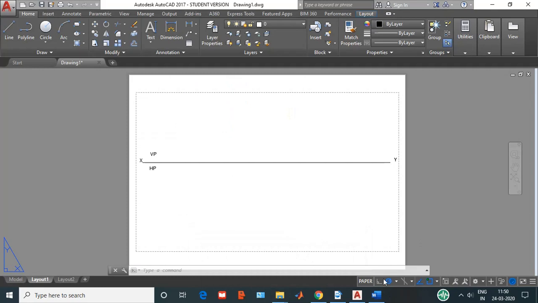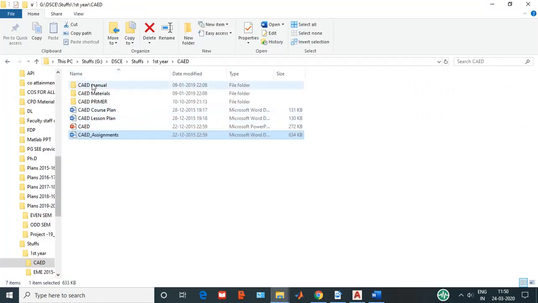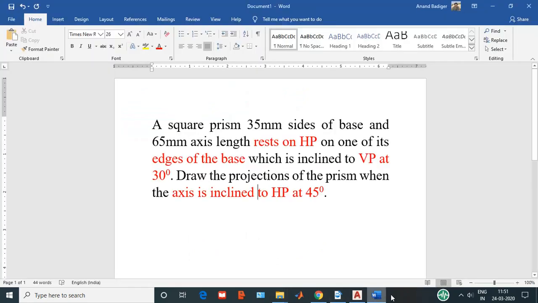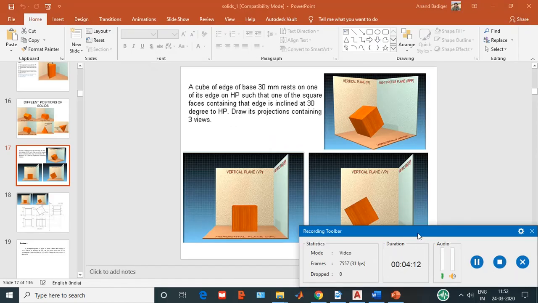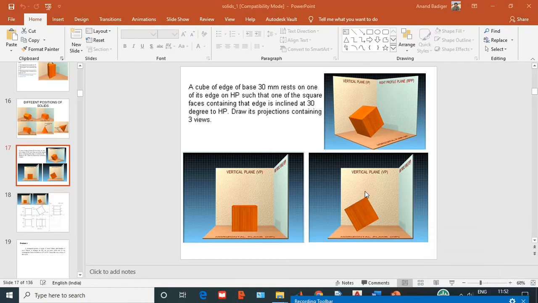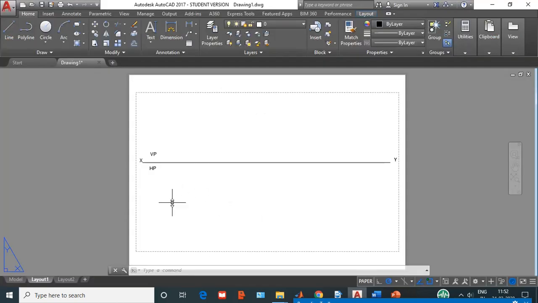I think it will be clear if I explain it. This gives a much clearer idea. This is how the prism is resting right now, on the horizontal plane. When viewed from the top, you are able to see only the top face of the prism, so I'm supposed to draw only the top face of the prism here.